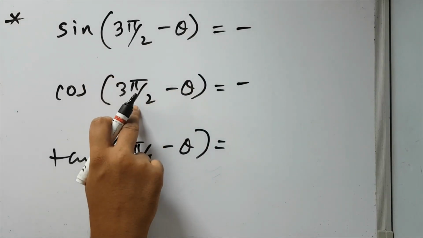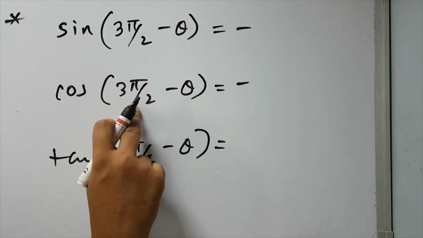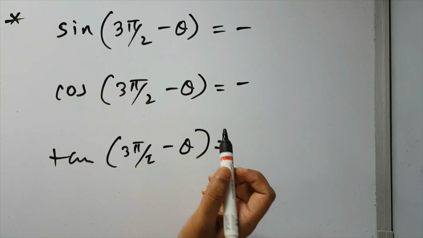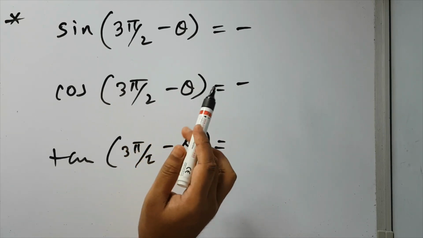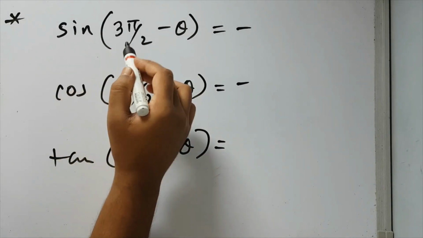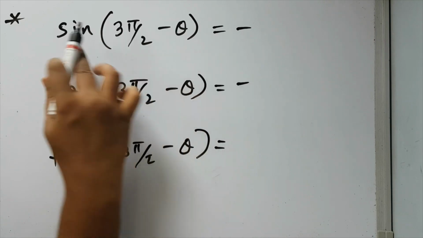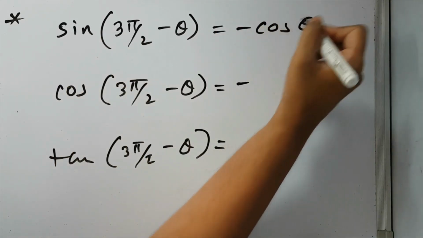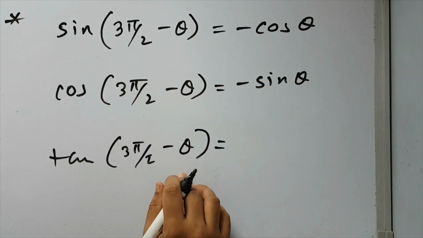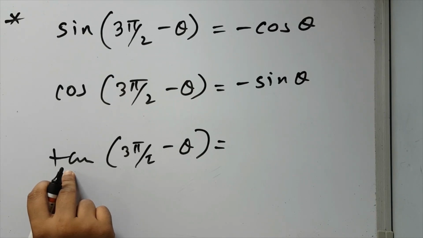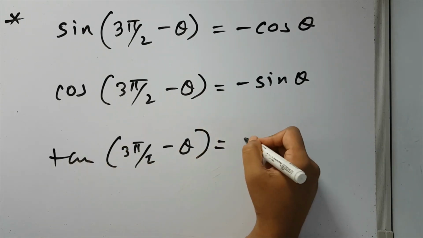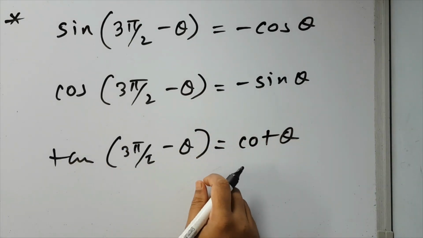And since you have written in terms of an odd multiple of 90 degrees, if you remember, in the previous videos I've said that if you write an angle in terms of 90 or 270, you need to change the function to its complementary function. So here, since you have written in terms of 270 degrees, sine would change to cos, and this would be minus cos theta, this would be minus sine theta, and tan would become cot theta. The sign of tan won't change because in the third quadrant tan is positive, so this is going to be positive.